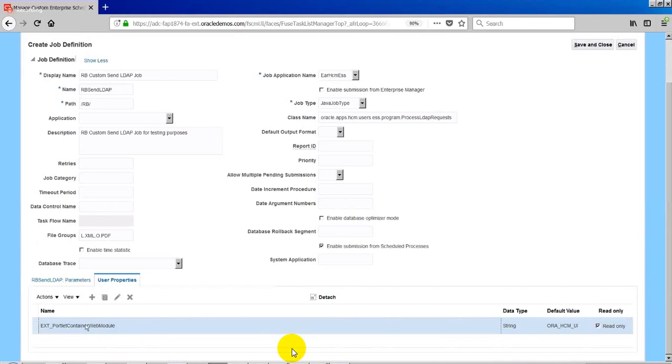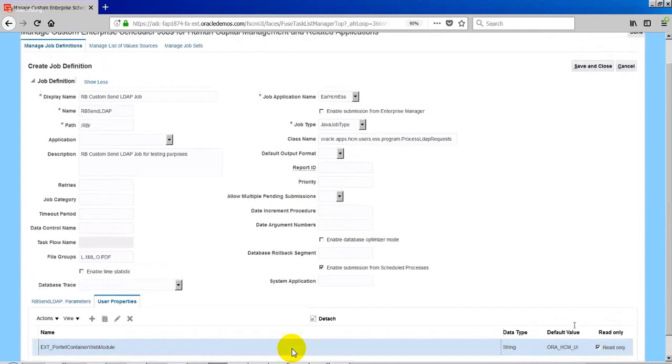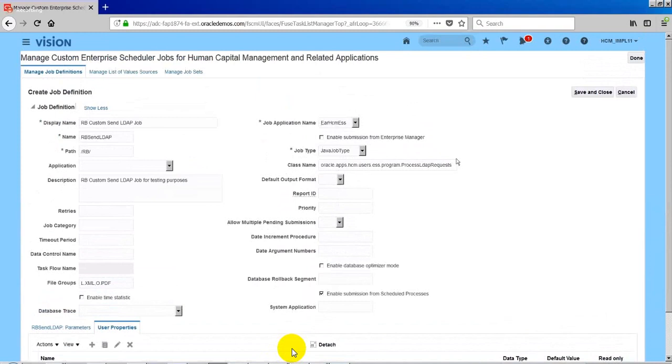We have 3 web tabs in our instance: CRM, FSCM, and HCM. We have to make sure this parameter is given. If it is not available, then when you run the program, it will throw an unexpected error. By default the value will be Oracle HCM user interface because we have chosen the application name as HCM.